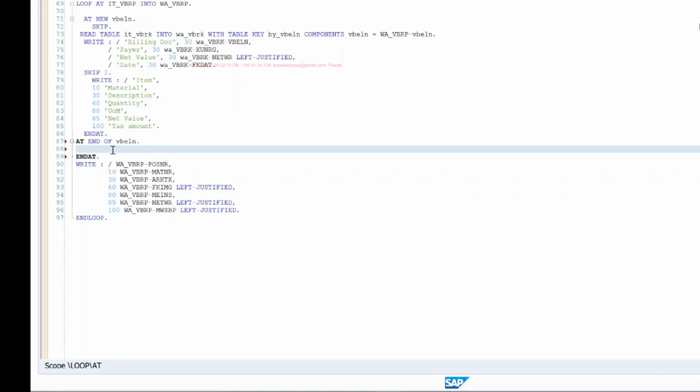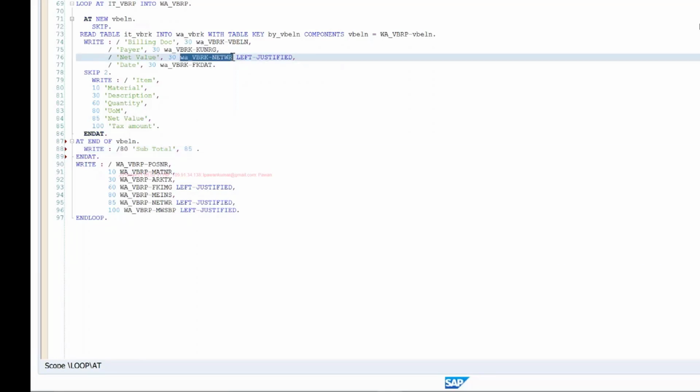So I can say write, at 80, let's say subtotal, and I'll print at 85. Since our header already has the subtotal, I'll print it here.